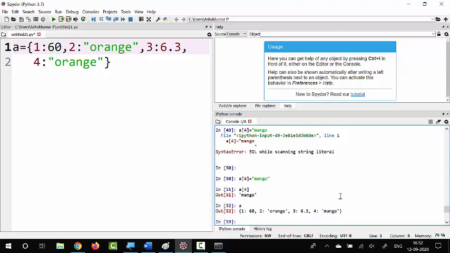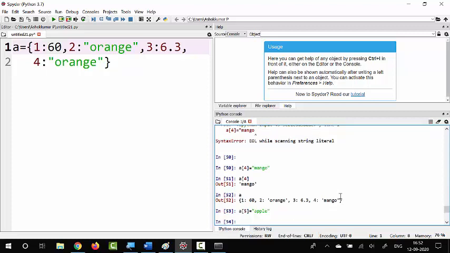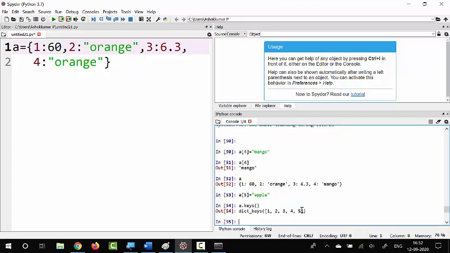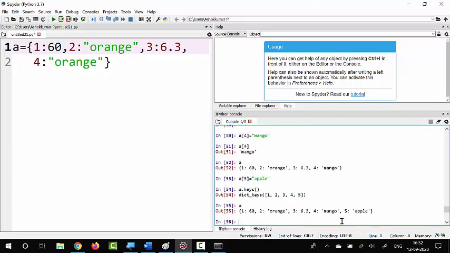Suppose I want to add a new key, I can give like this: A of 5 is equal to apple. 5 will be included in the key list. So if I print A.keys now, you can see that 5 has been added. Now let me print the dictionary. You can see there is a new key value pair, 5 and apple.